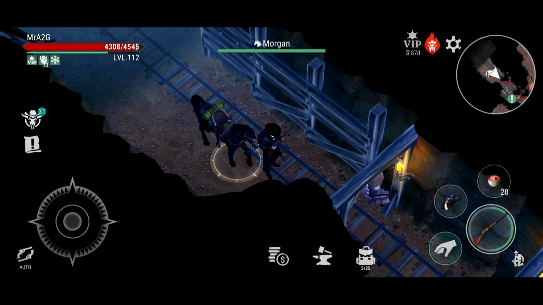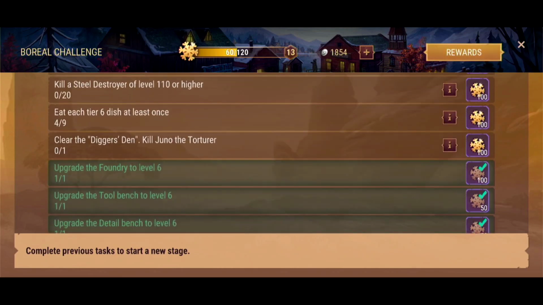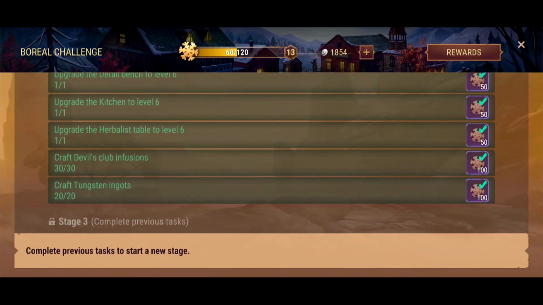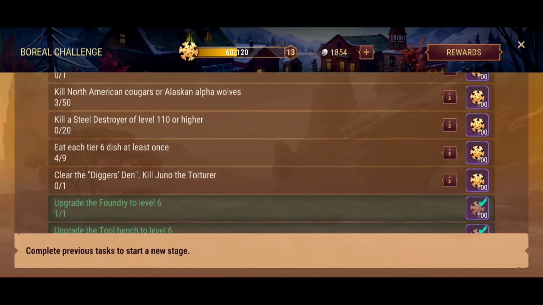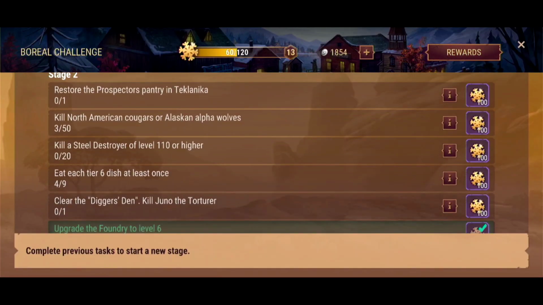So most importantly, by the time that you are watching this video, there we go, we've got a 50% max health benefit, and that was part of what I was wanting to try and achieve here, because I am up to stage 2 out of stage 3 in the Boreal challenge, and as you can see, I've got most of this done, which is great, and I've only got a few things that I need to do, and one of these is to eat each of the tier 6 dishes at least once to finish that off, and more notably I've got to do another Digger's Den run eventually, but I've got to kill quite a bit of